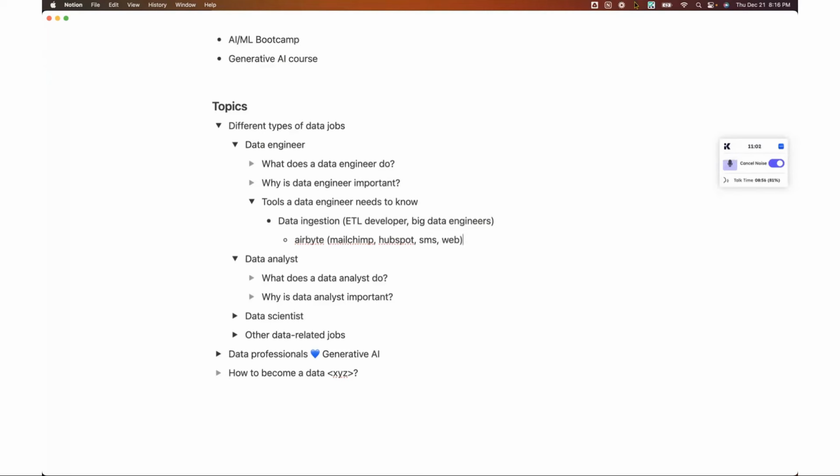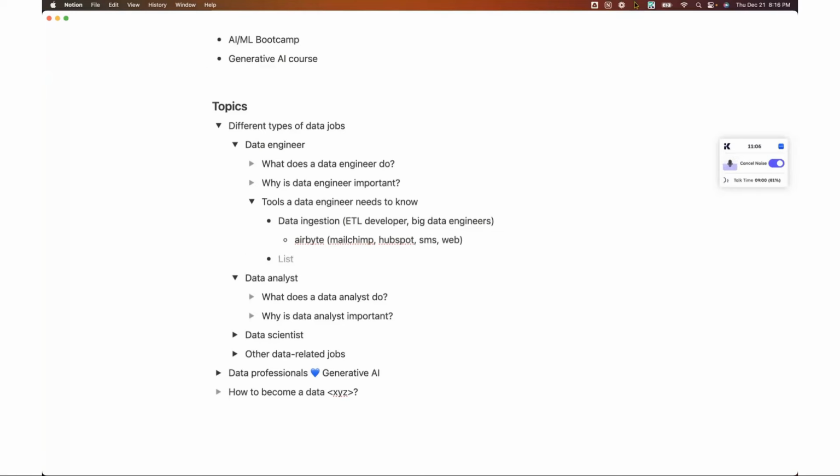So data ingestion is the first part, right? You need to get the data into the warehouse. And then there's the part of analytics engineering. It's good that you have data engineers or developers who collect data and store them in a centralized place. But who's going to prepare those data, right?